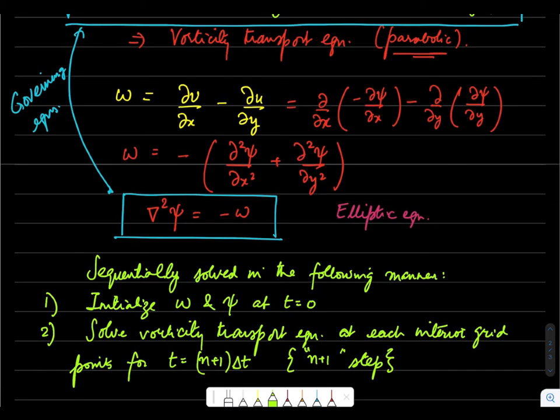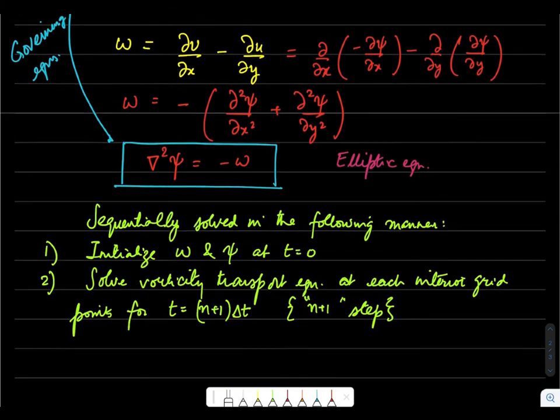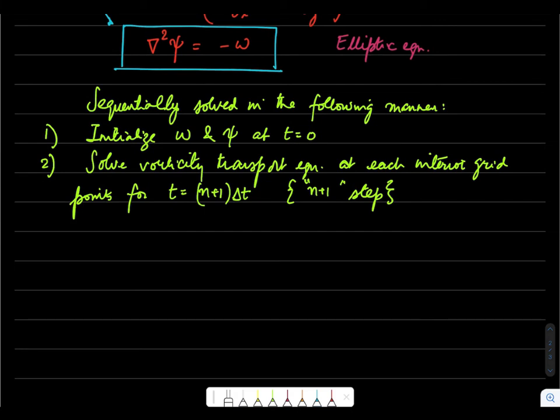So why do we solve it for only interior grid points? Because we don't know the value of omega at the boundary. And in fact, if you recall from a little bit of fluid mechanics, omega is actually generated at, the vorticity is generated at the interface of a solid and a fluid, which is where the largest gradients exist in the velocity. So we solve it only in the interior grid points.